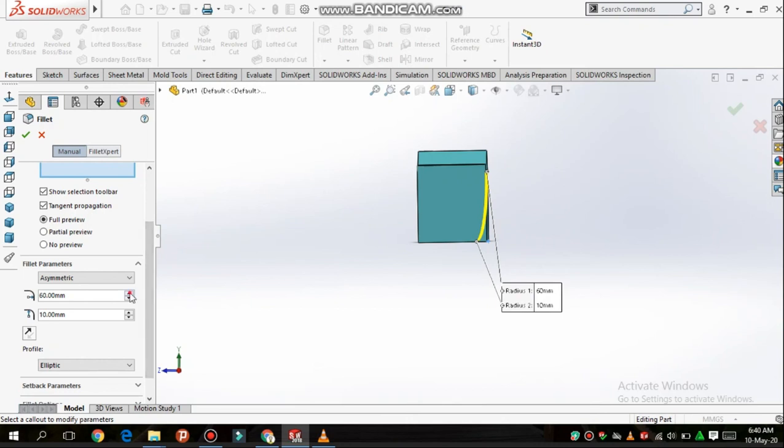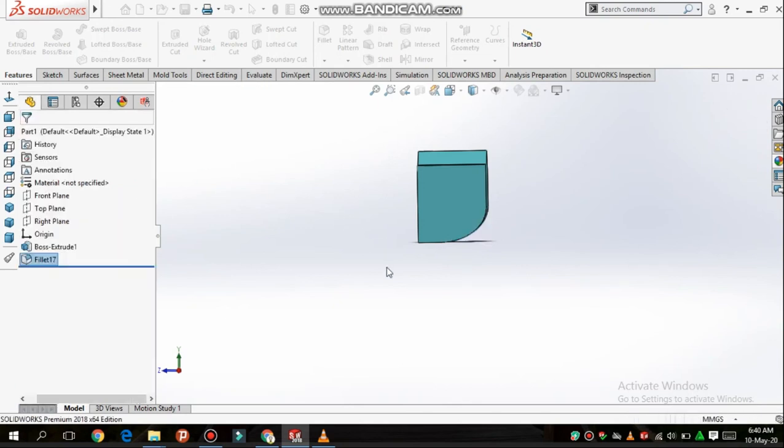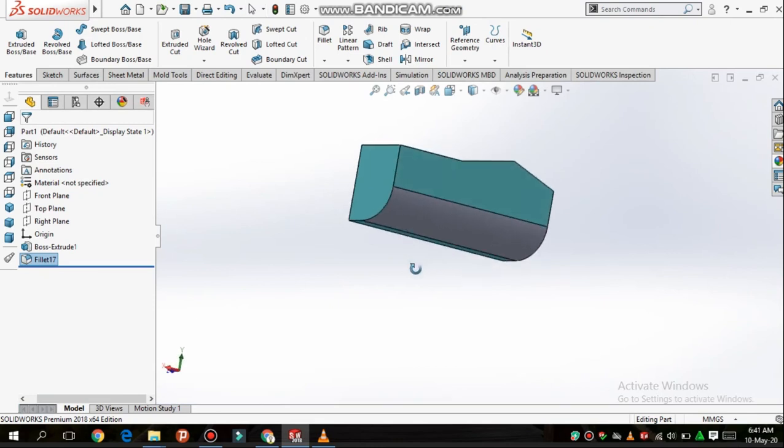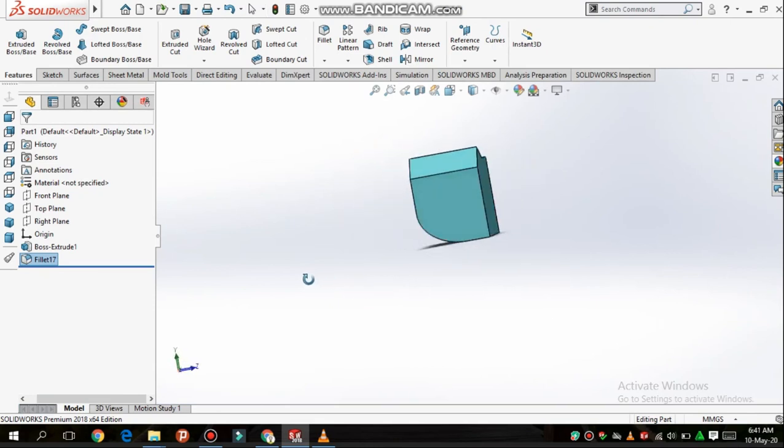Let's say I'll decrease the vertical and increase the horizontal. You can see you can adjust it according to your requirement. Let's say I'll adjust it here and click OK. Now you can see fillet is created.